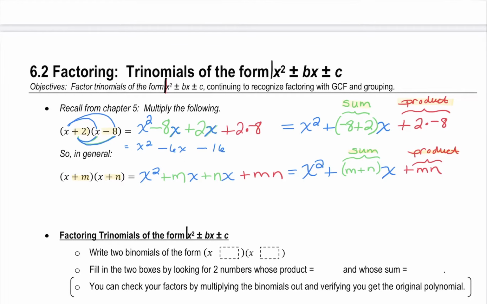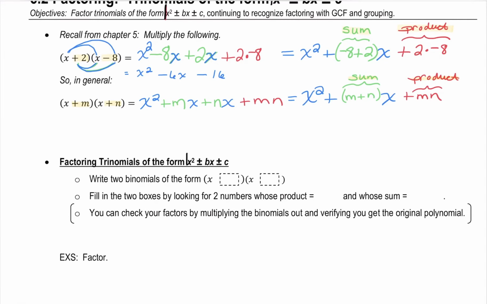So that is not going to be the issue. The issue, if you will, is coming up with the two numbers that we want, those two numbers in that second slot. And so in that situation, we need the numbers whose